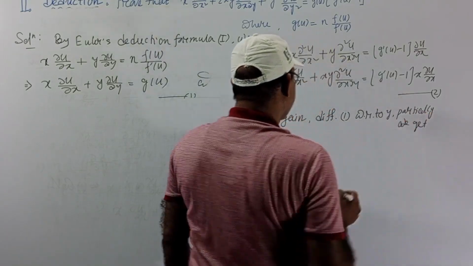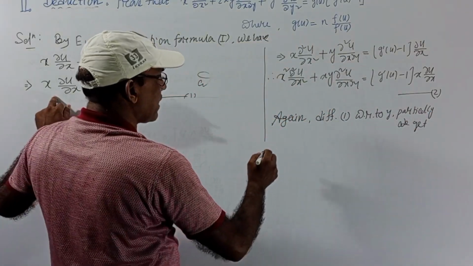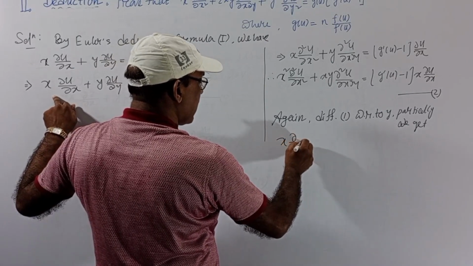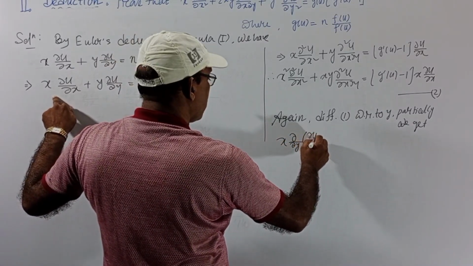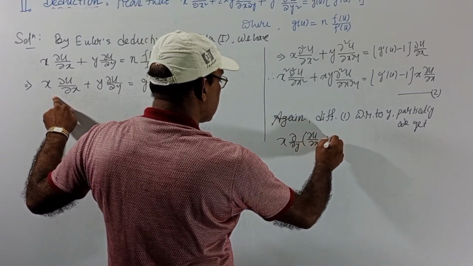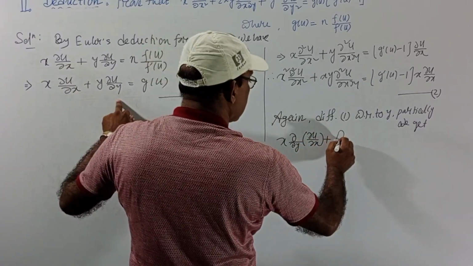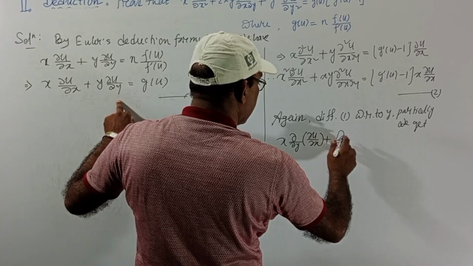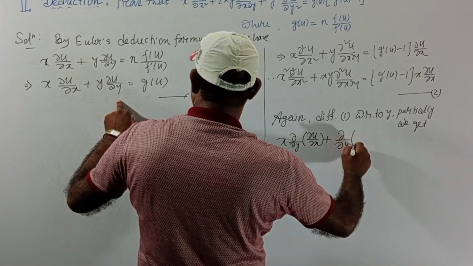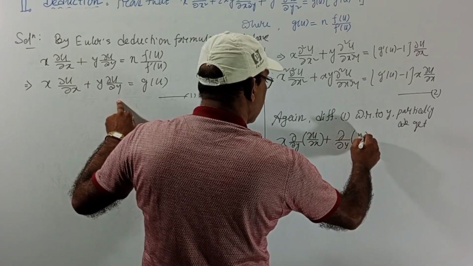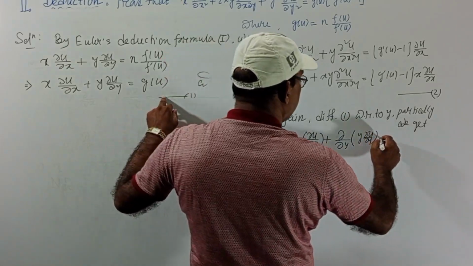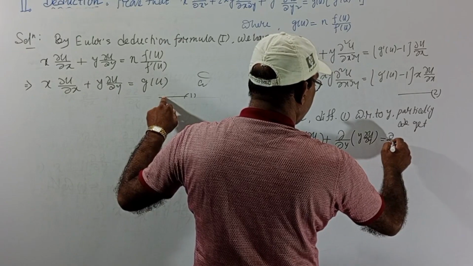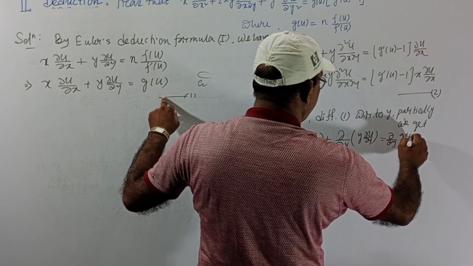So what we get here, x is constant, we get del y del u by del x plus del y del u by del y, and on the right hand side del y of g of u we get,